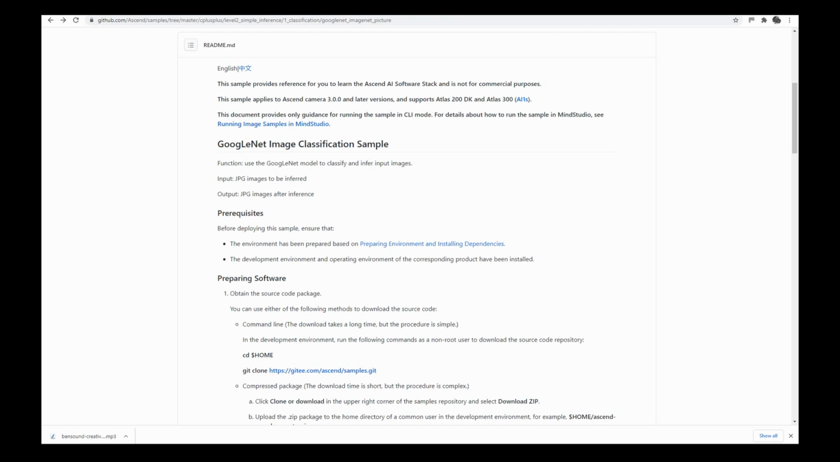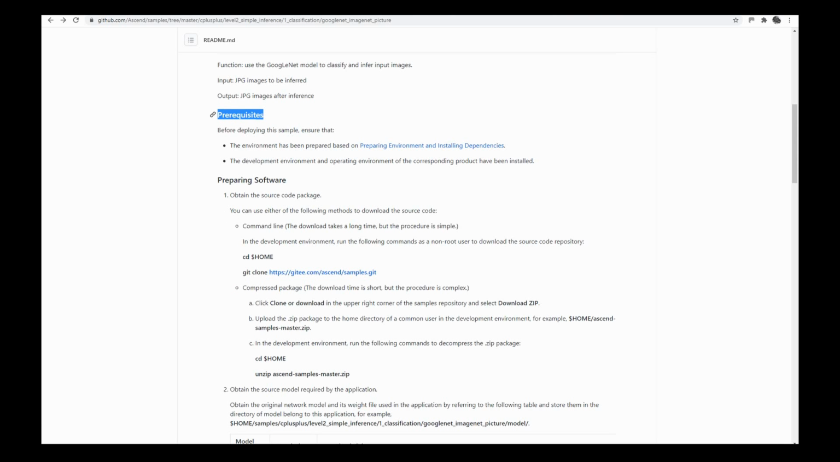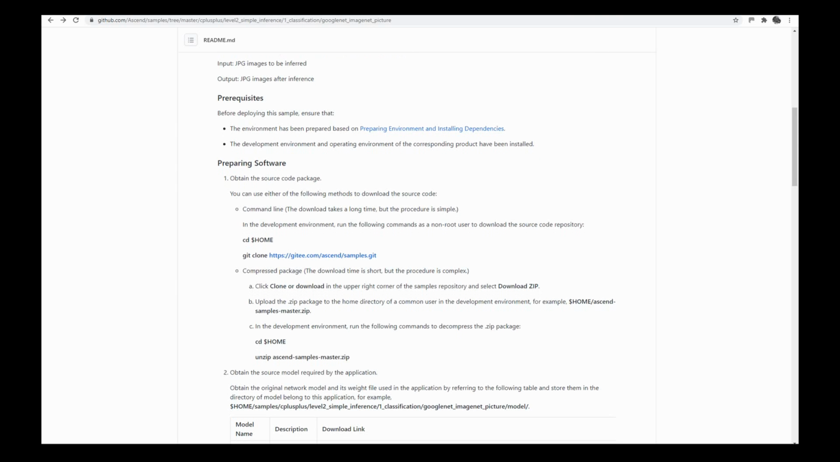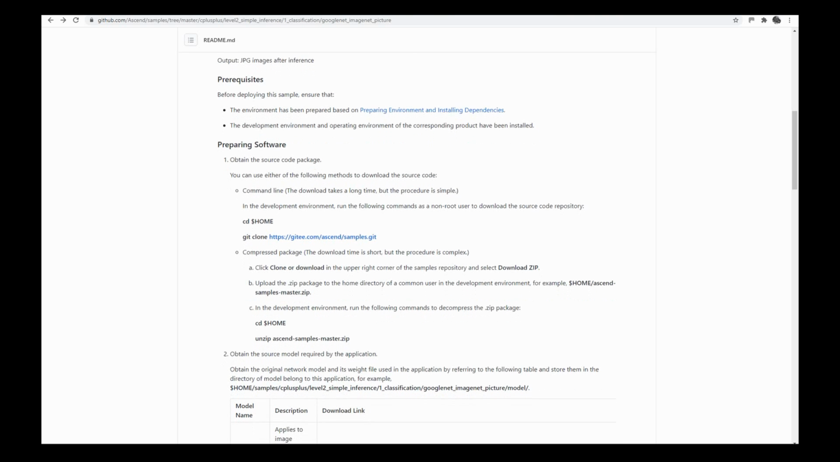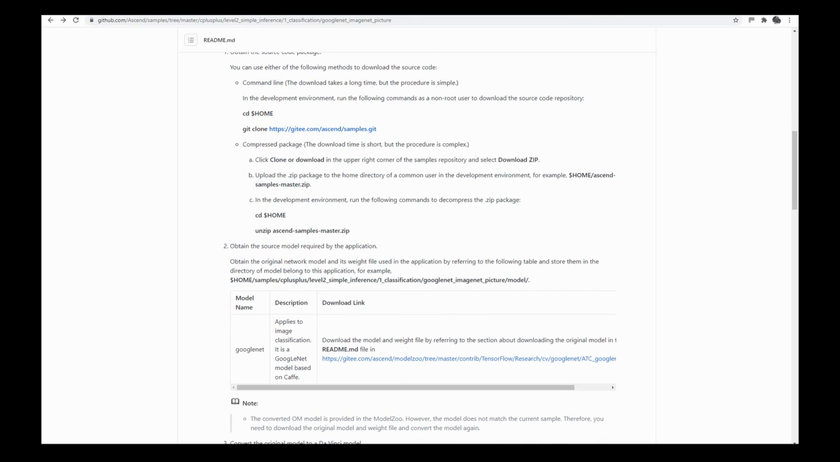It should contain an overview describing dependencies, method, and model source of the project, the inputs and outputs of a sample, environment variables, dependencies, libraries, and installation methods as outlined in the prerequisites section, the project file download methods by using either compressed package or the git clone command, the model download method from model zoo,